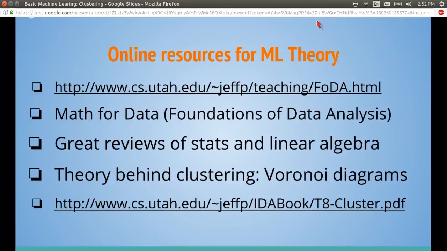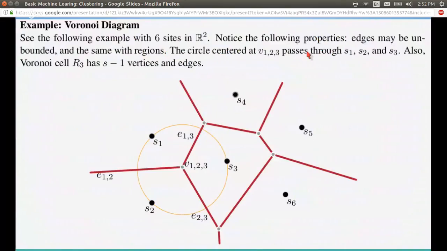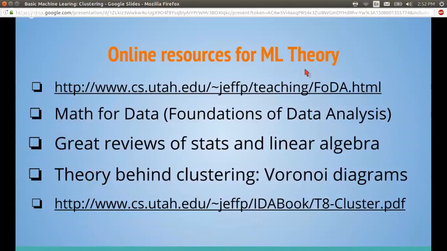And this is kind of the same thing. It's where I took this class up there called Foundations of Data Analysis. It used to be called Math for Data, and they've renamed it. You can go online. If you look at the slides and you get to these links, you can see, I'll click on this one here. And you can see he's teaching it this semester.